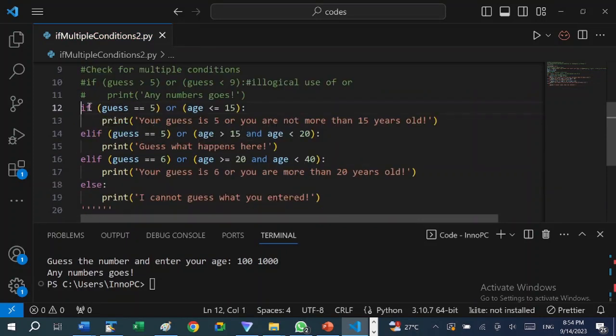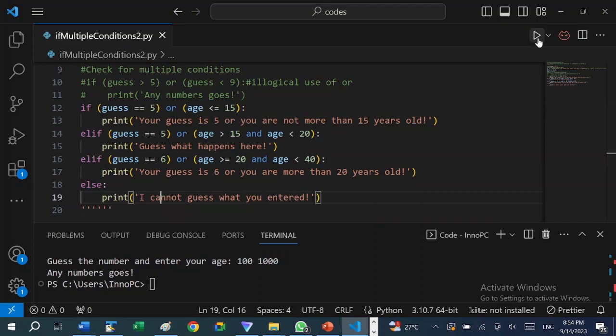So we are left with 1, 2, 3 conditions and a 4th condition. So let's run the program again. We will now test 5 and 15. What do we get? "Your guess is 5 or you are not more than 15 years old."